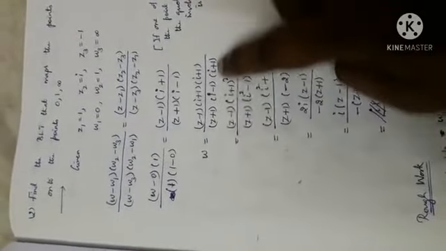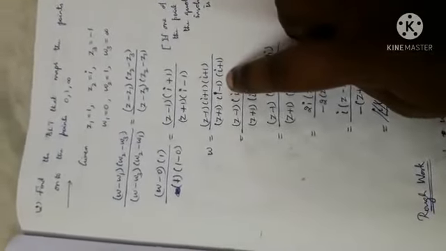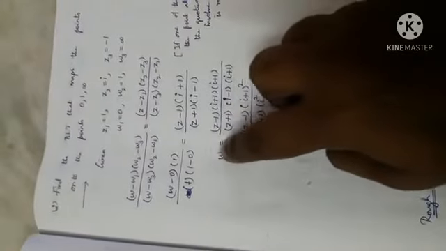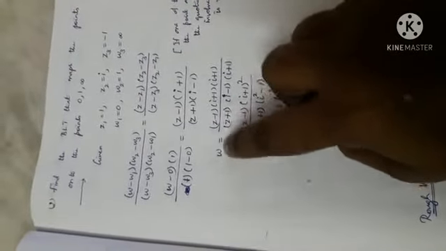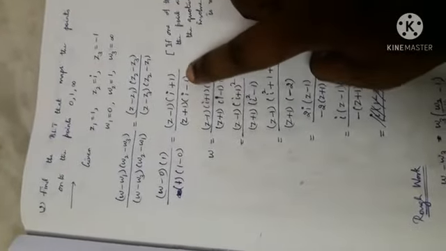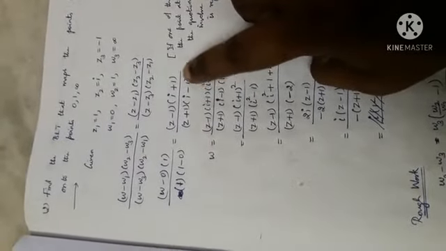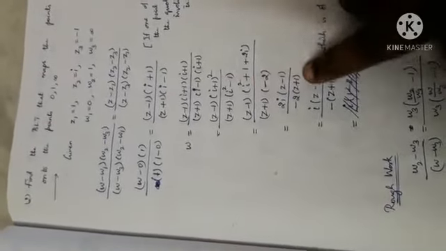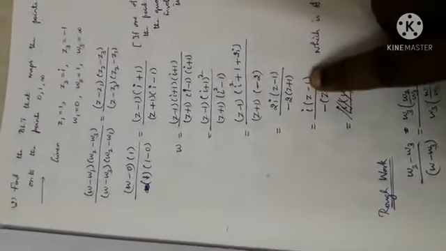Okay, we have got the W answer. Here you cannot use the componendo dividendo rule, because here it looks like C by D, but it is not of the form A by B. So you cannot use the componendo dividendo rule here. So you should do ordinary simplification. Since the denominator is a complex number, find its conjugate, multiply and divide, simplify, do ordinary simplification, you will get W is equal to AZ plus B by CZ plus D.